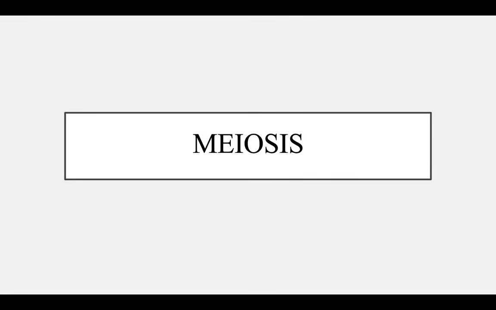So now we're going to talk about meiosis. Meiosis is the production of 1N haploid gametes by 2N diploid cells. So what do 1N and 2N mean? 2N is the typical amount of DNA found in the cell, so we commonly refer to those cells as diploid. If it's diploid cells, it's 2N. That's the normal amount of DNA. Haploid cells have half the DNA. They're 1N. The haploid cells typically produced in meiosis are your egg cells in females and sperm cells in males. Those are your gametes. So meiosis is specifically the production of your gametes by diploid cells.